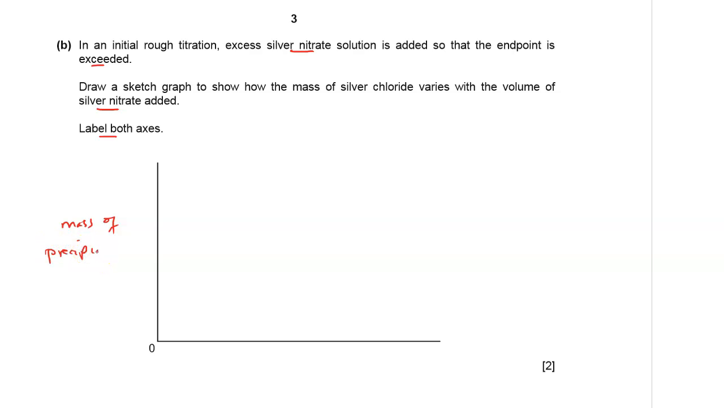Of course, this will be in grams, and down here is the volume of silver nitrate in centimeters cubed. We are drawing a graph to show the mass of silver chloride. Silver chloride is the precipitate, so I'll call it the mass of the precipitate with the volume of silver nitrate